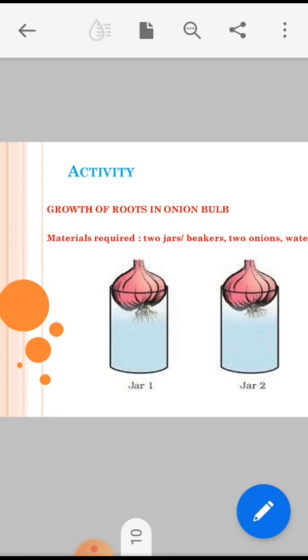2 onions and water. Now I'll perform this activity afterwards, because I want you to perform this activity, put it in the group and share it with everyone, so that others also learn. This time if you don't share any video, then I'm going to cut your internal marks. So please do this activity on your own, and please share the video with your friends.